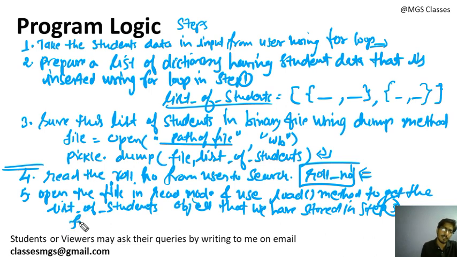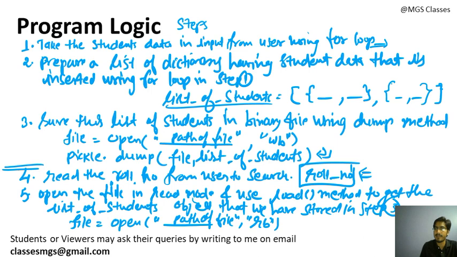You will write file equals to the open method to open in read binary. Path of the file you need to pass, complete path, and then you will write the read binary mode. You will open this file in read binary mode. Then you will use the pickle module to load this student list. So let's suppose student list, I am using pickle dot load function, and then you will pass the file pointer here directly. It will return the list of students that you have stored.